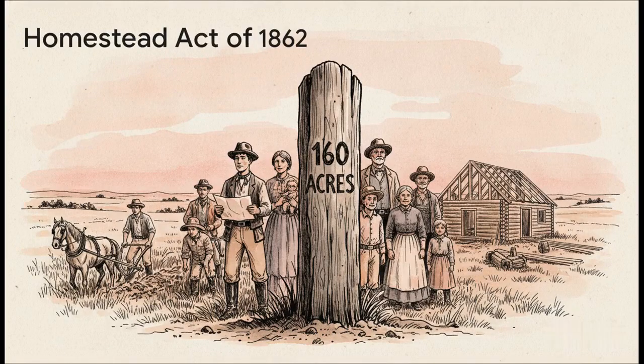Speaking of paving the way, the Homestead Act of 1862 was an absolute masterclass in government-driven demographic shifts. This policy deliberately populated the plains by offering 160 acres of land entirely for free. The only catch? You just had to live on it and improve it for 5 years. And it was radically inclusive for its time, open to citizens, non-citizens, squatters, and even women. It drew thousands of adventurous folks straight to the Great Plains.